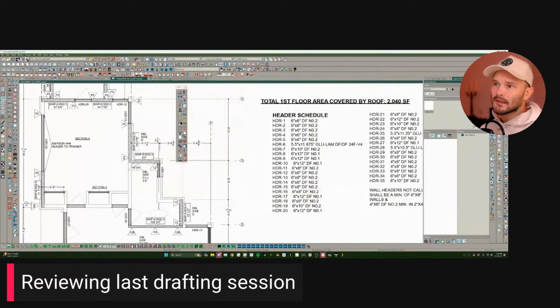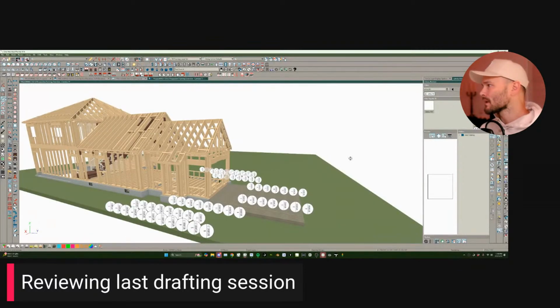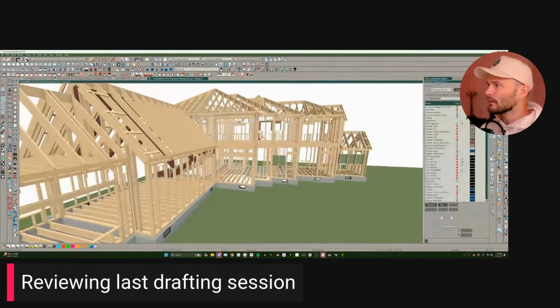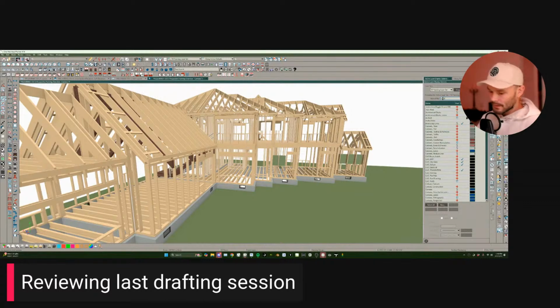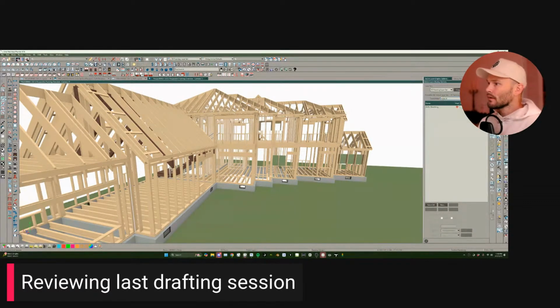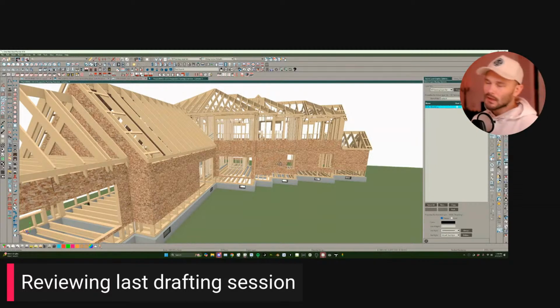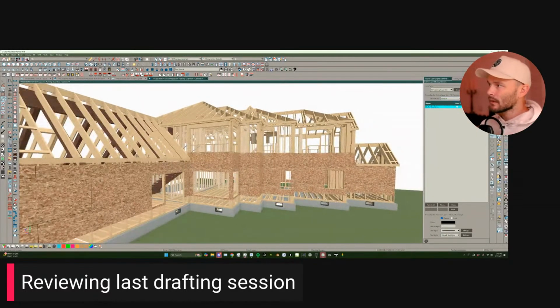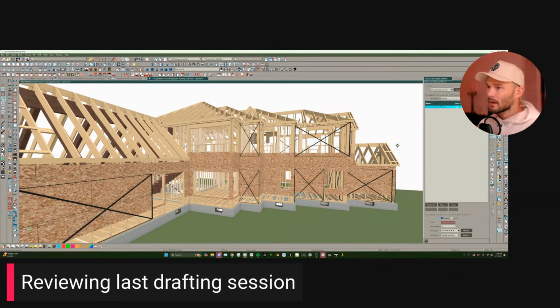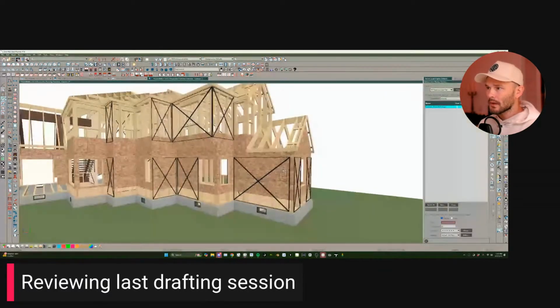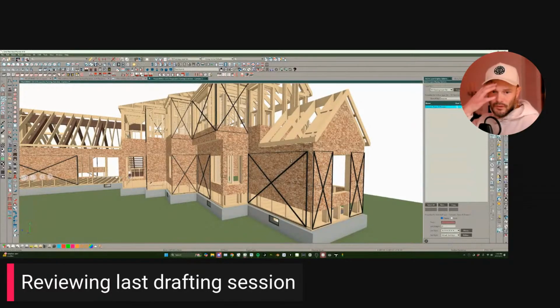Now, when we come back to this framing setup here and we get into Aldo, and let's just do walls, there we go. Let's display that. There we go. Now we're seeing just the sheathing, so that if I then come in here and kick on my brace wall panel stuff, and kick on our door drawer, there we go. Now I'm seeing a graphical representation of my door drawer panels,